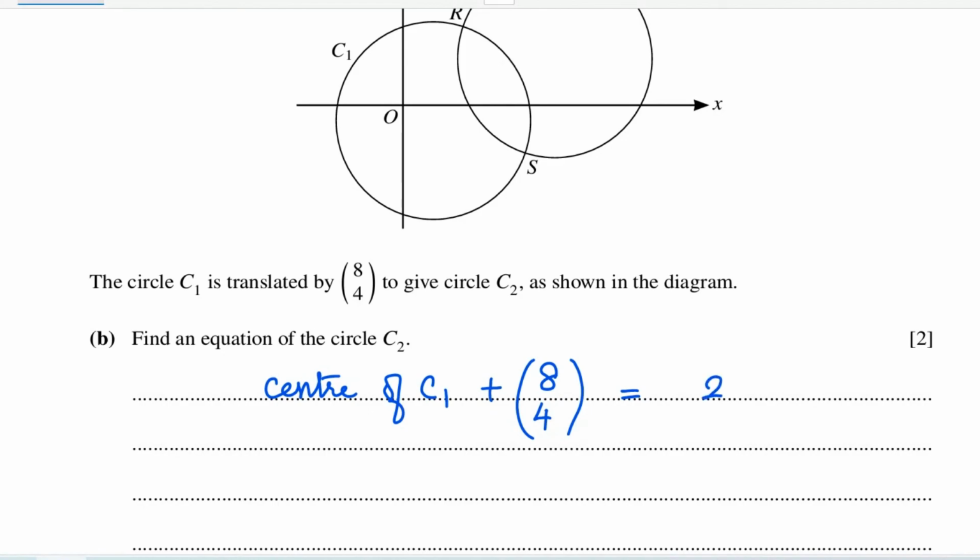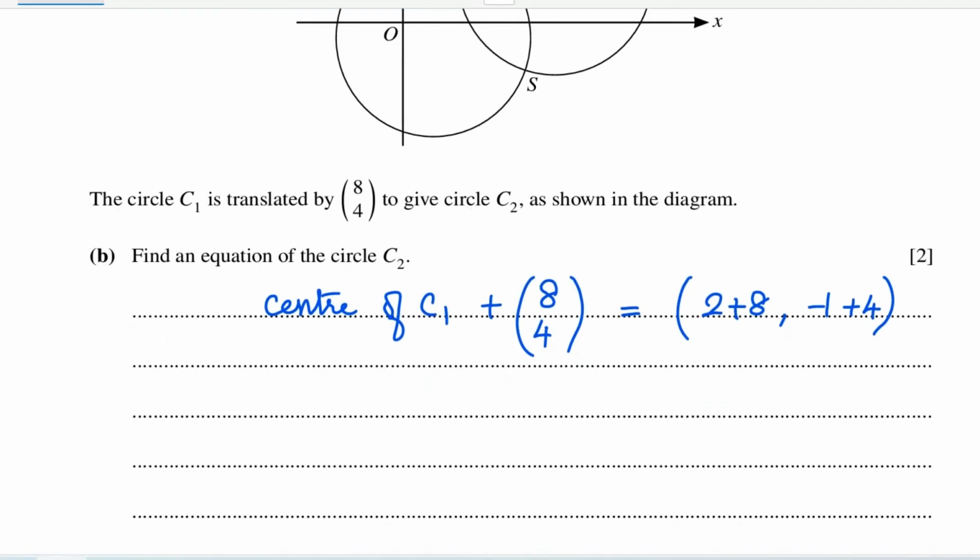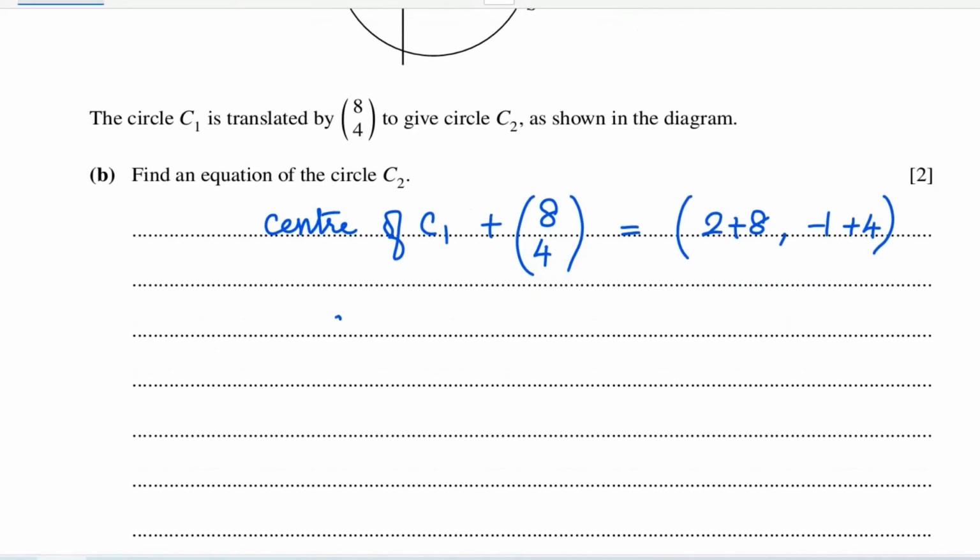So x is moved by 8, so 2 plus 8. Y is -1, which is moved by 4, so -1 plus 4. So the center of circle C2 is (10, 3). So the equation of C2 is